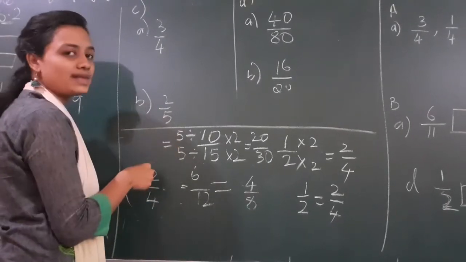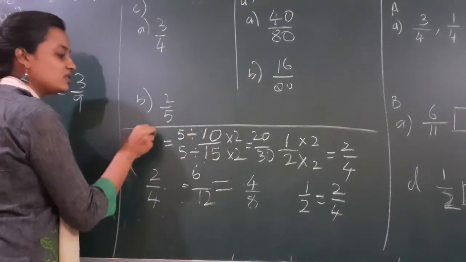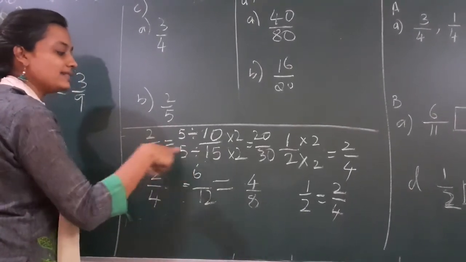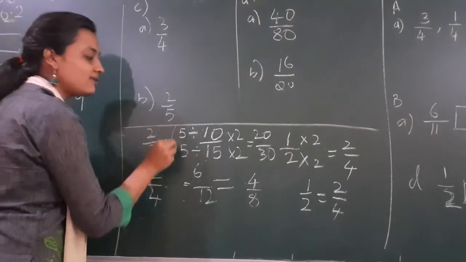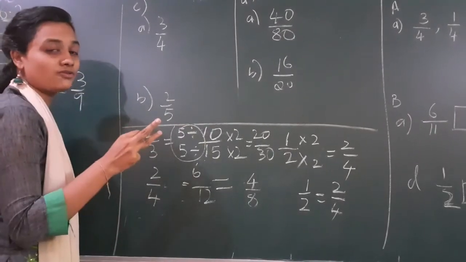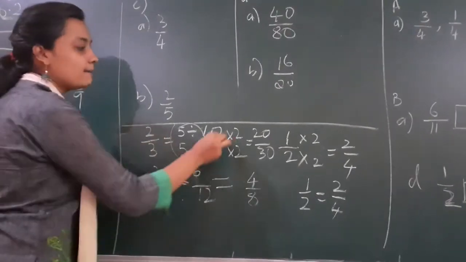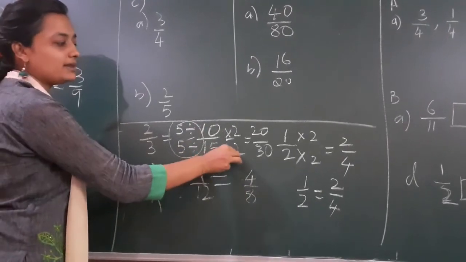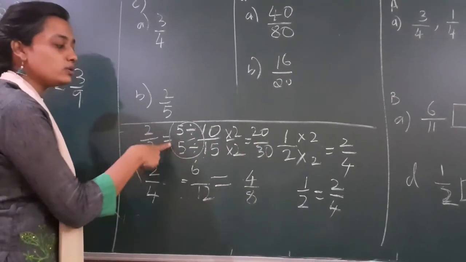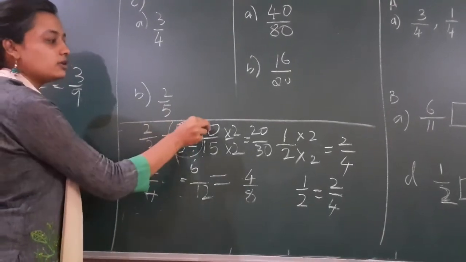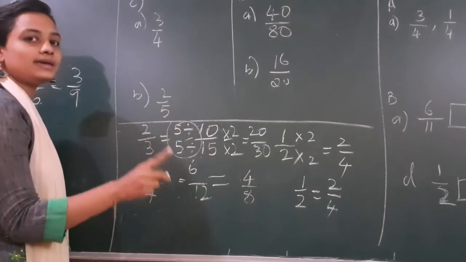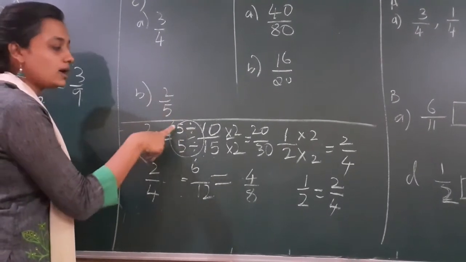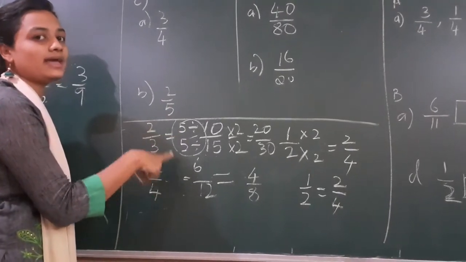So when I divide with 5, what is the answer I get, children? 10 divided by 5 is 2. 15 divided by 5 is 3. So I get the equivalent fraction by dividing also. So two methods of finding an equivalent fraction. What are they? By multiplying and by dividing. Multiplying, I can take any number, multiply, get the answer. But when I am doing division, I should check the numerator and denominator should be in the same table. If I have the same table, that table only I should take and divide. I can't divide with any number I like.